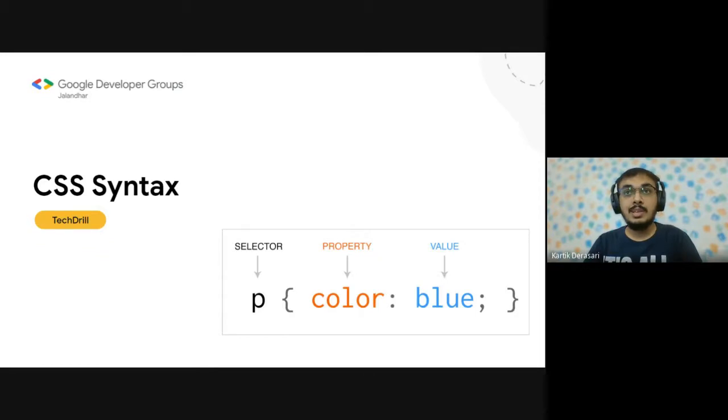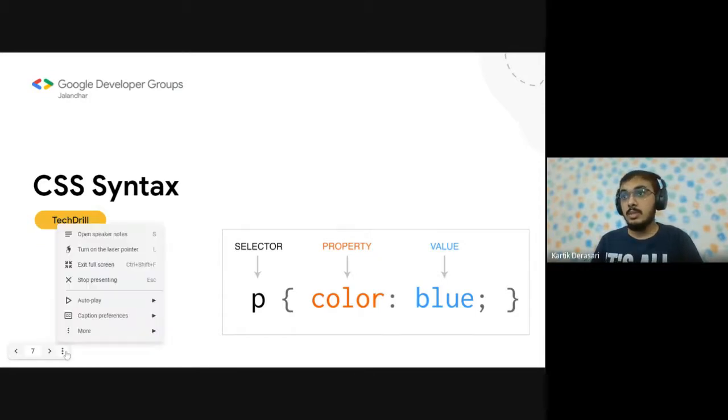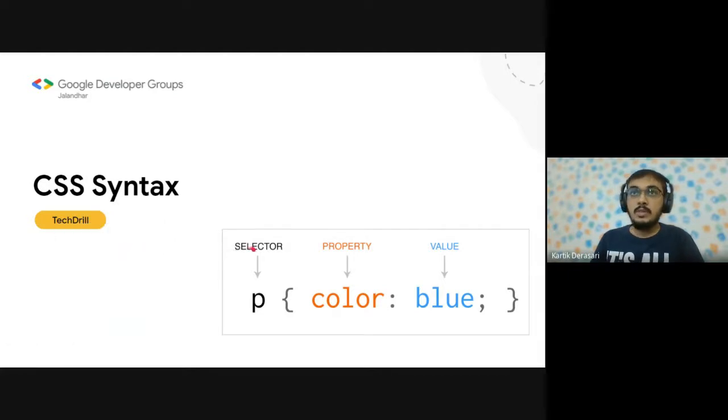So here is the selector. Let me show you using the pointer. Here we have P as the selector. We have earlier used P as a paragraph tag, and if, for example, we want to style all the paragraph tags in the index.html, then we need to use P here, which is known as the selector.